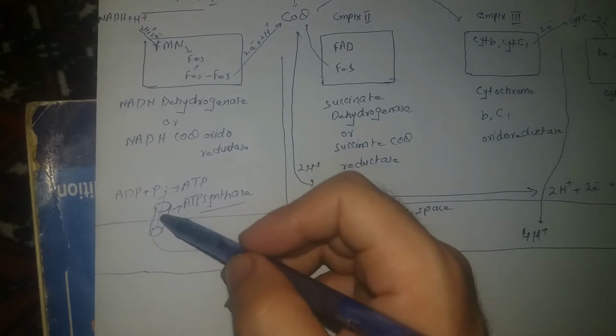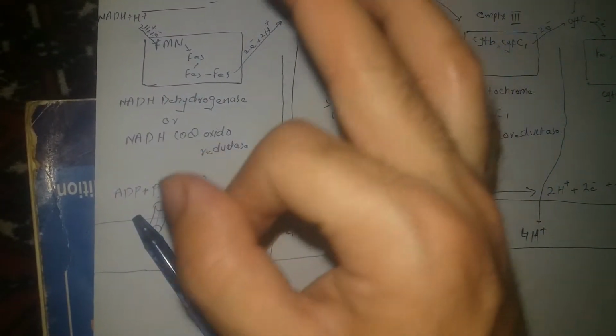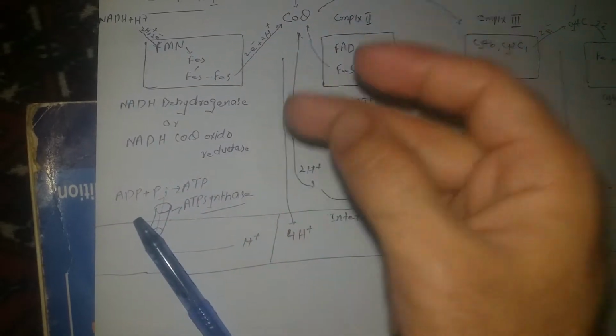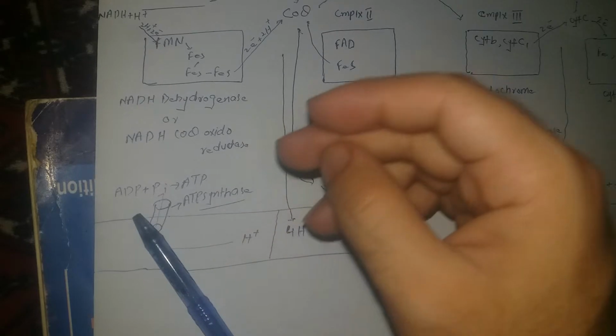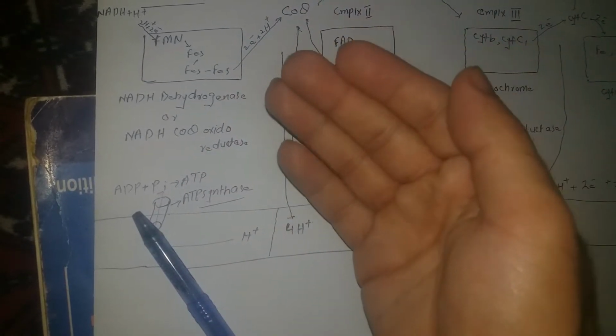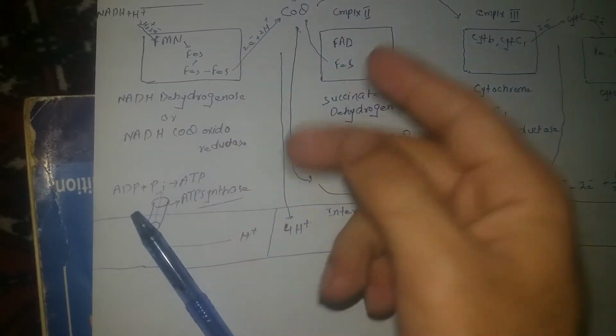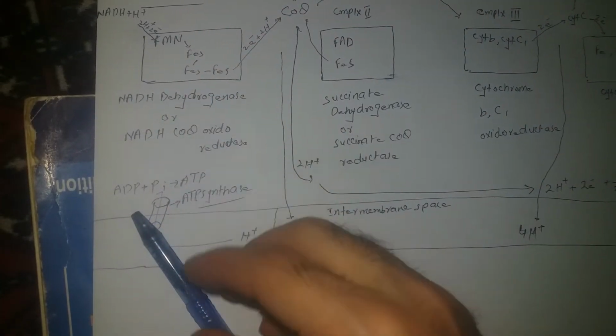So they will enter through ATP synthase, which consists of two components. One is the F0 component, which acts as a transporter and only transports protons. The other is the F1 component, which acts as an enzyme and consists of alpha subunits, beta subunits, and other subunits. Alpha and beta subunits have many binding sites. On some binding sites, ADP, adenosine diphosphate, is attached. On others, inorganic phosphate is attached.